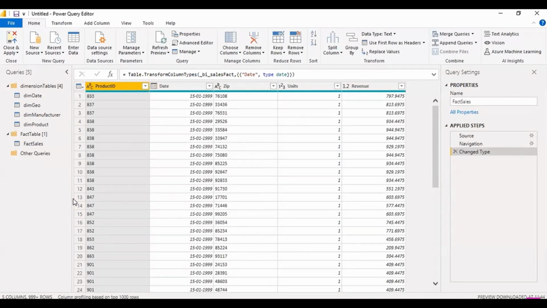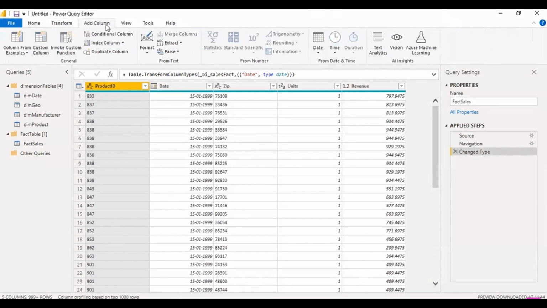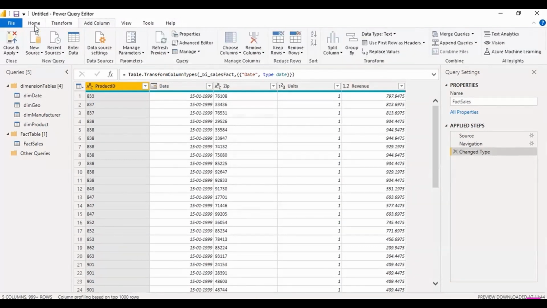Okay. So for initially, we are done with the transformations. We'll talk about all these transformations in the coming up sections where we need to work on all the transforms, and the add column part as well. But right now we are more focusing on taking data from multiple sources and combining them into a single